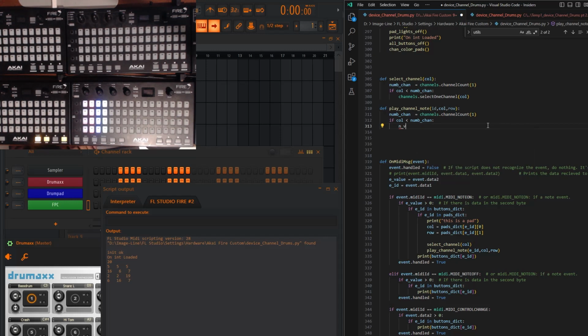to get the velocity. So my whole thing is that I want the velocity to be different for each note, so louder or quieter based on the row that you hit. So the column decides which channel and which note, but the row decides how loud it is. So velocity is going to equal the row